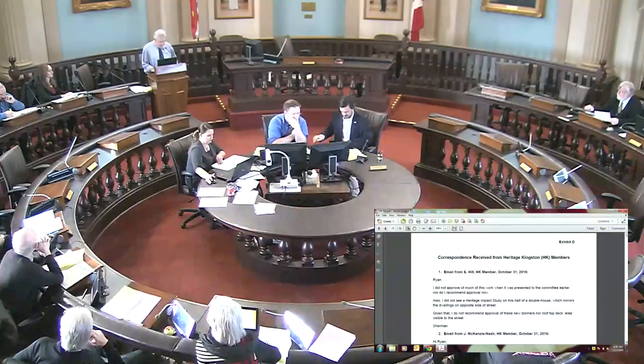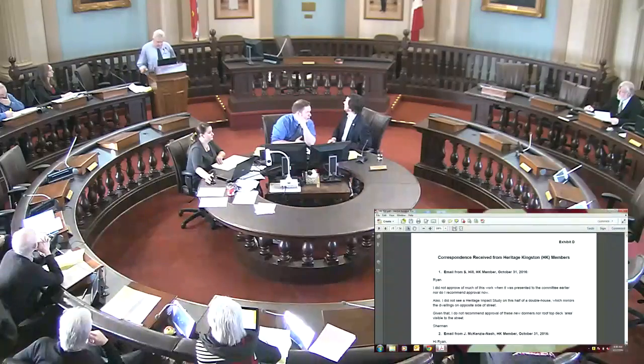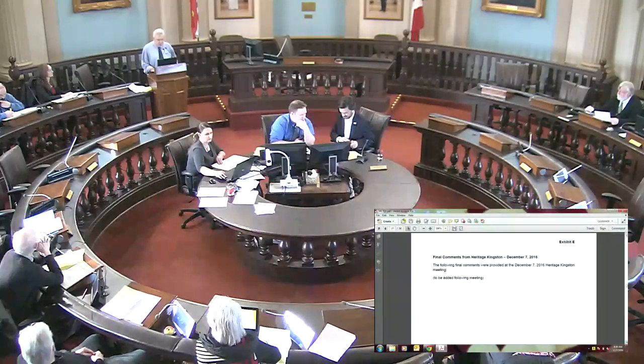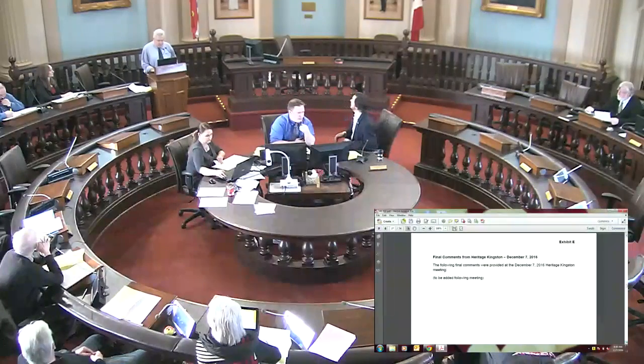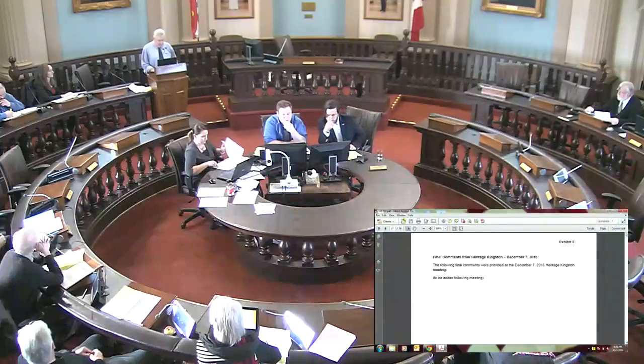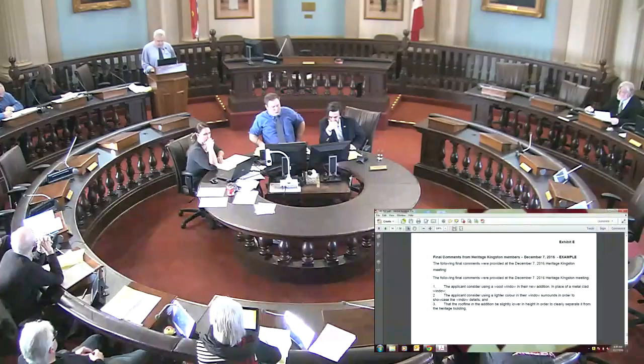During the Heritage Kingston meeting, there is an opportunity to provide final comments. And we've just put this in here for illustration purposes. The final comments were provided at the December 7th Heritage Kingston meeting. For instance, the applicant should consider using a wood window in their new addition in place of the metal clad window. The applicant should consider using a lighter color in their window surrounds in order to showcase the window details, et